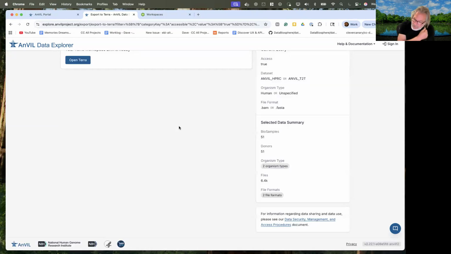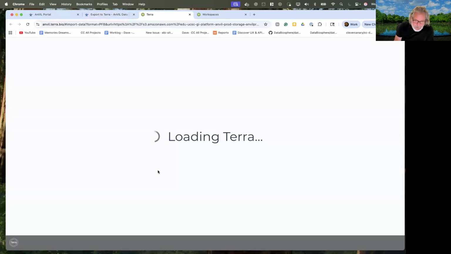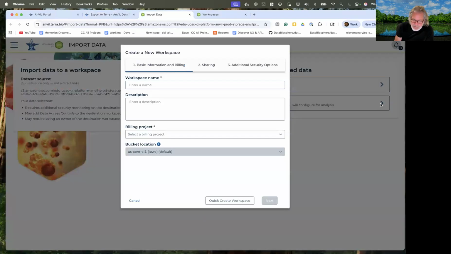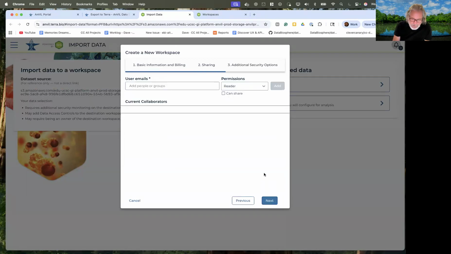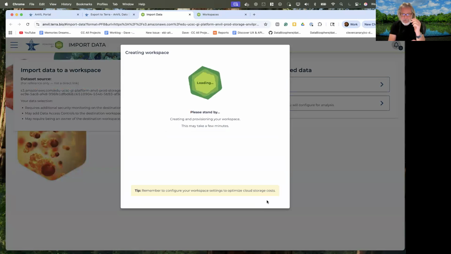And it caches. Oh, there we go. This happened very quickly anyway. It caches the requests. The other one had been requested earlier by me, so it happened quickly. So then I'm going to go through this here and create a new workspace. And you've seen this part before. I'm going to select my billing project, and I'm going to go. And then while this is going,